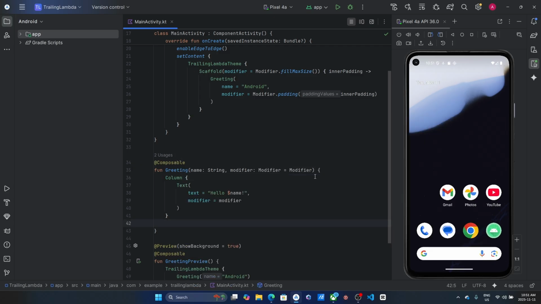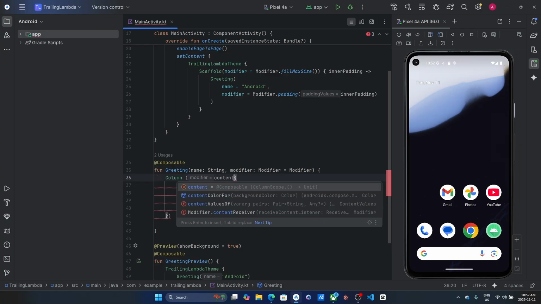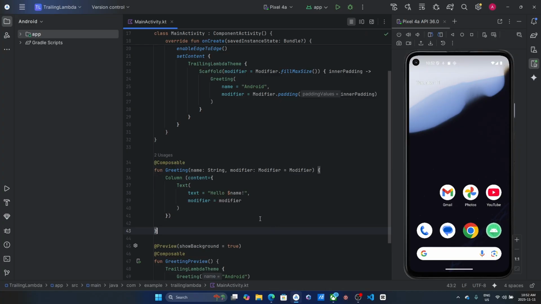So what you can do is use the parentheses, and this is content equal to this. So you can see the trailing lambda, when the last parameter is a lambda expression,